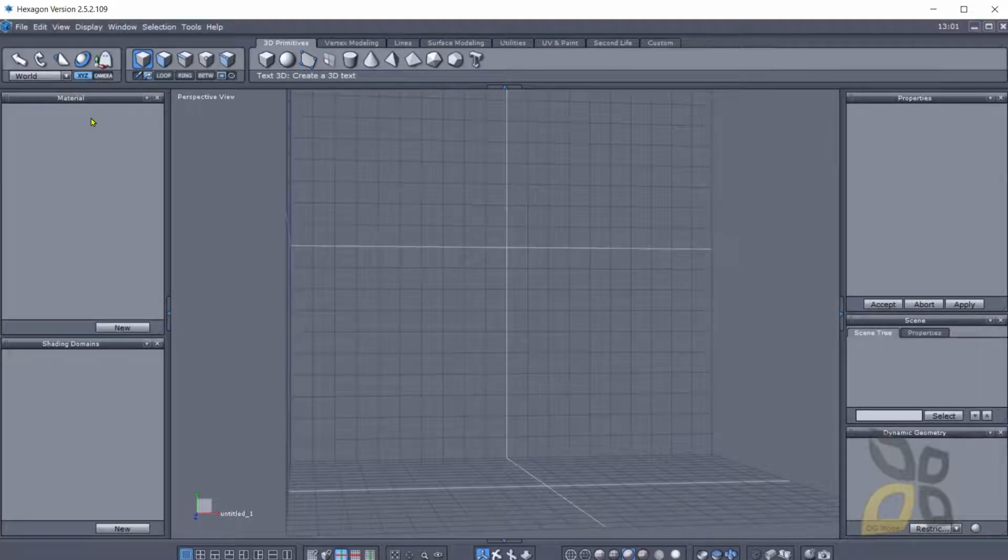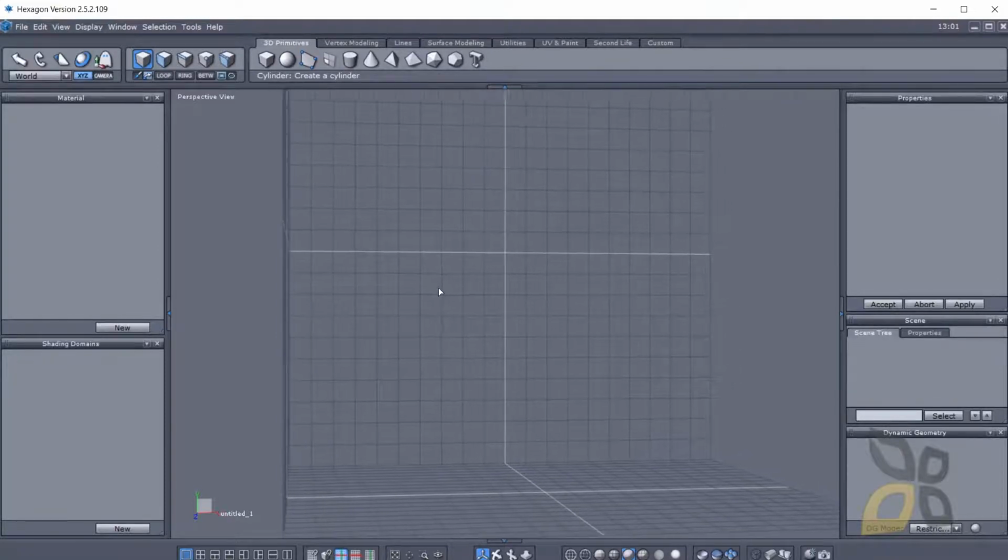Now basically here at the top you have some transformation tools for your objects. Here you can see you can select entire objects or just single faces or different faces, edges, points. Now this is basically the polygonal modeling tools that you will find also in other software like 3ds Max or Cinema 4D. And in our YouTube channel, you will find 3ds Max, Cinema 4D, and also other 3D modeling software